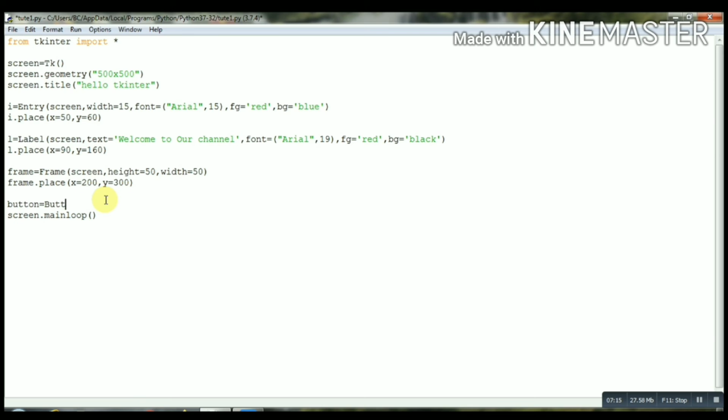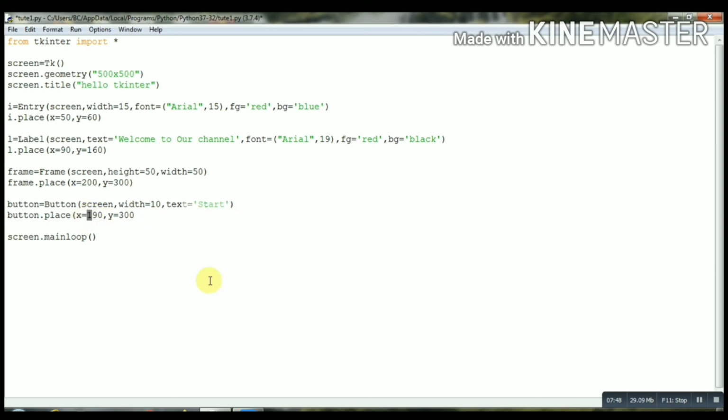As we have to place the button on the screen, we give screen, a width of 10, and the text as start. The text on the button that will show to us will be start. Now we will place it, so button dot place at x equals, let's say, 190 and y equals, let's say, 300.